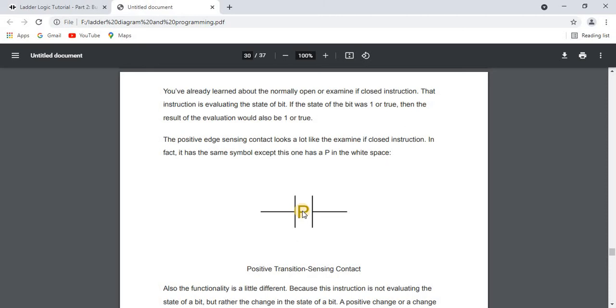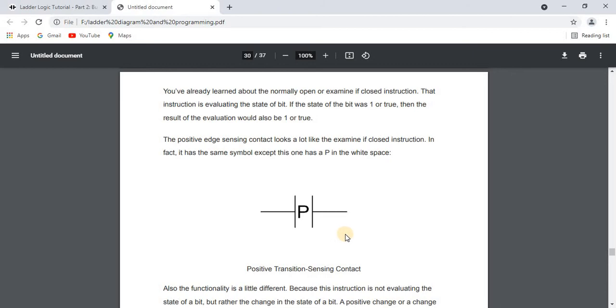Because if the state of a bit is 0 and in the next scan time it is 1, then the instruction will be evaluated to be true. During the next scan time, the state of this bit will probably still be 1, and since there is no change in the state of the bit, the instruction will evaluate to 0, or false.